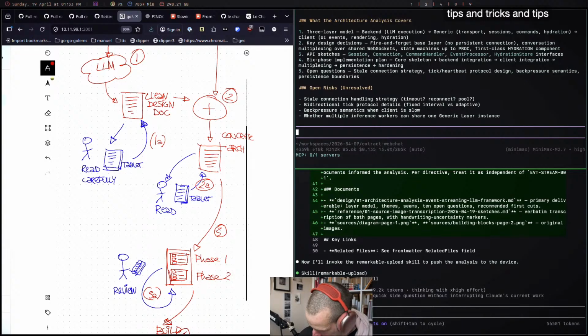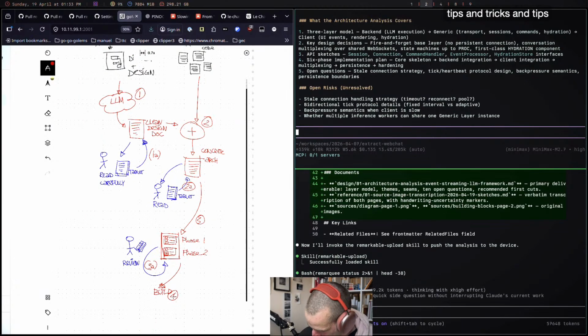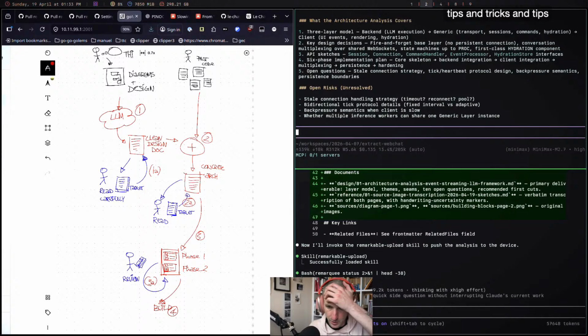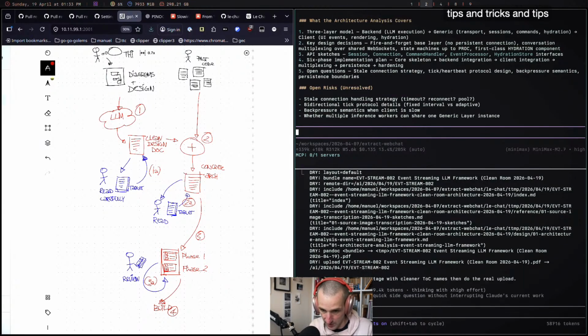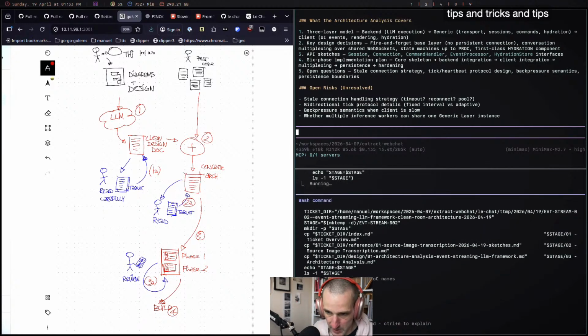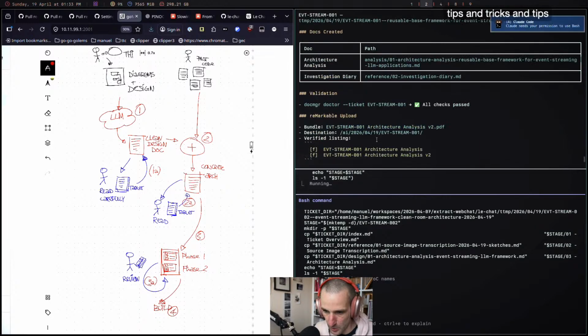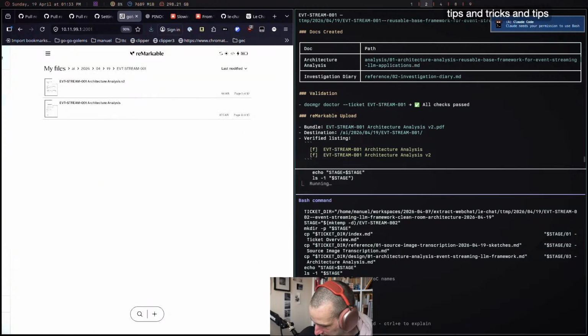I don't want to spend more time chatting with this. So I really consider these agent screens here as a compiler more than a chat. I don't want to do back and forth and launch 16 things. I want to be like 1, 2, 3, 4, done. And if I have to wait 20 minutes, then that's fine, right? So this one over here has created a new document, which is the analysis v2.